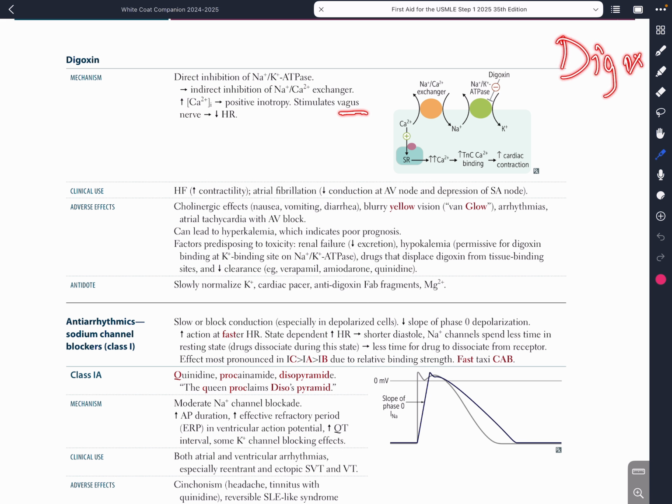Digoxin has two faces, like a coin. It lowers heart rate, and it can also increase contractility. Digoxin is used in heart failure to increase contractility. In atrial fibrillation, it decreases conduction at the AV node, and depression of the SA node leads to